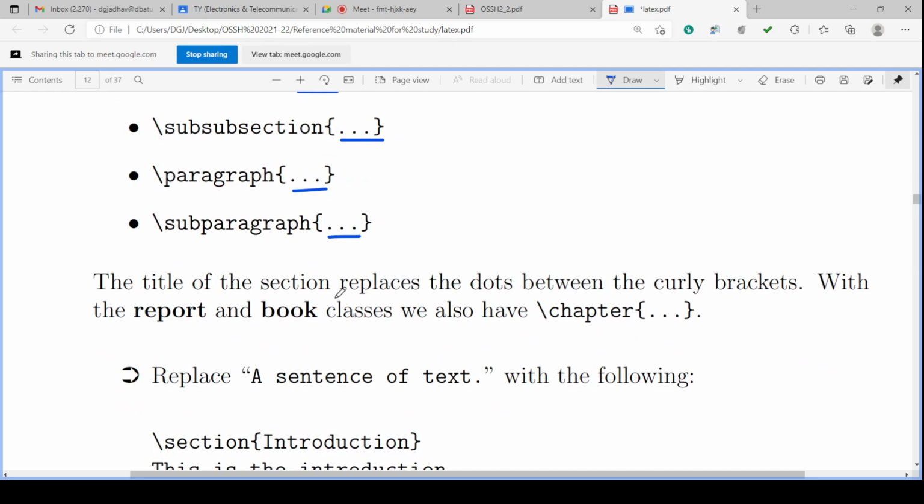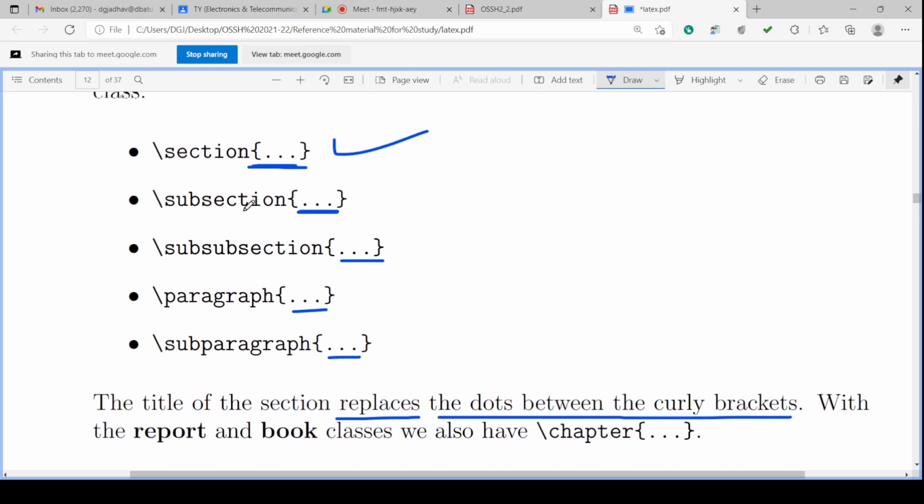The title of the section replaces the dots between the curly brackets. Whatever dots are shown, this is for our convenience, and we are replacing those dots with whatever content or text is there, the title of the section or the title of the subsection.